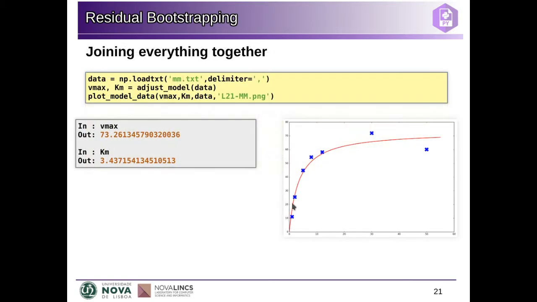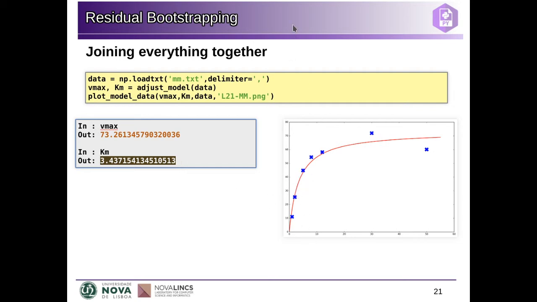So basically we have this plot here where we show the prediction from our model and the actual data. And we can also print out the Vmax and Km. So Vmax is 73 something that we got here. At the limit it will reach that velocity, and this is the Km, the concentration of substrate that reaches